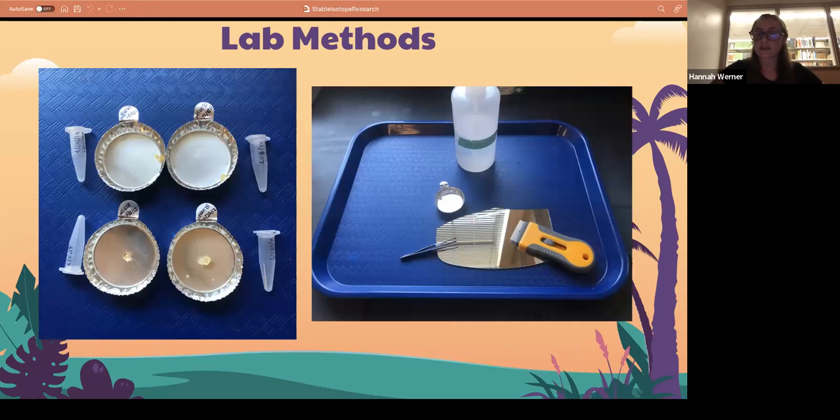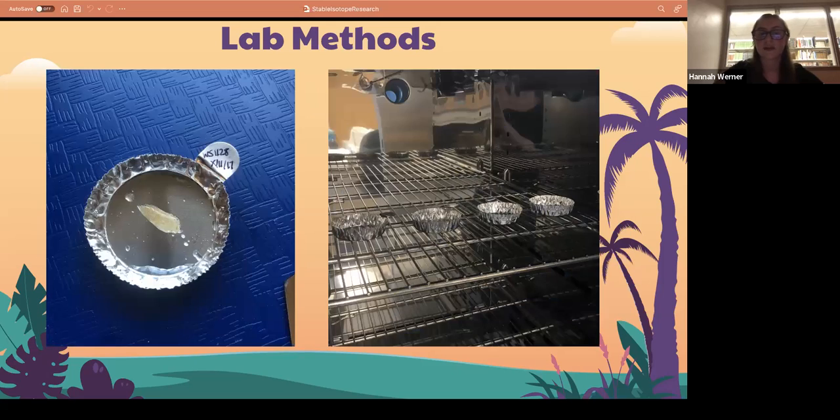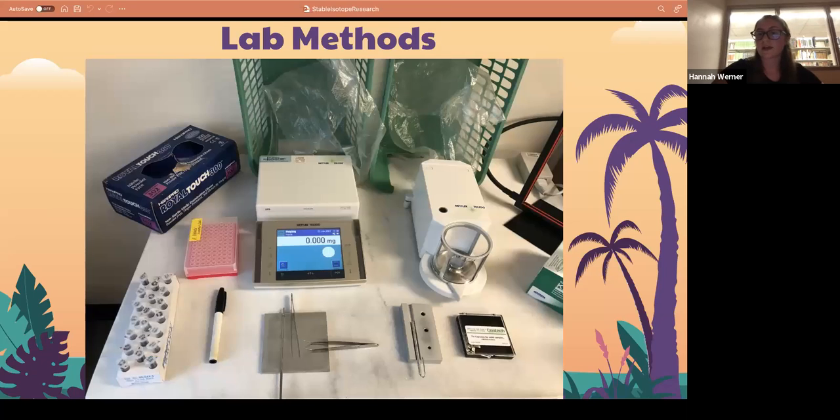Then once we got the sample out of the container, we put it into these little trays. These trays allowed us to soak the sample in distilled water. Distilled water was important because it not only gets rid of the salt used during storage, it also helps soften the sample up. Once the sample was softened, I used that little mirror and razor blade setup over there to cut up the sample into fine particles. Then I put it back into the tray, and we put the tray into the oven. Once it was in the oven, we were able to dry it up a little bit, and drying it allowed us to weigh it more accurately.